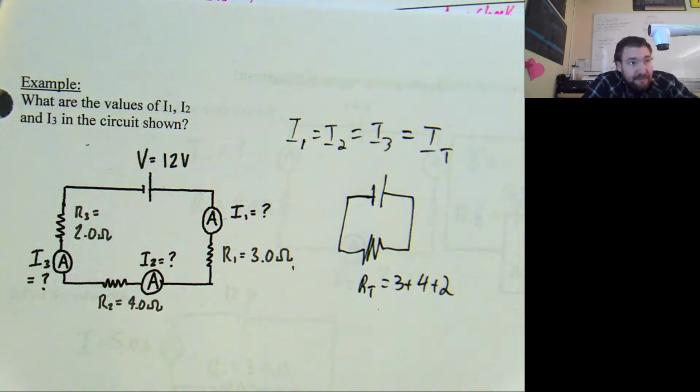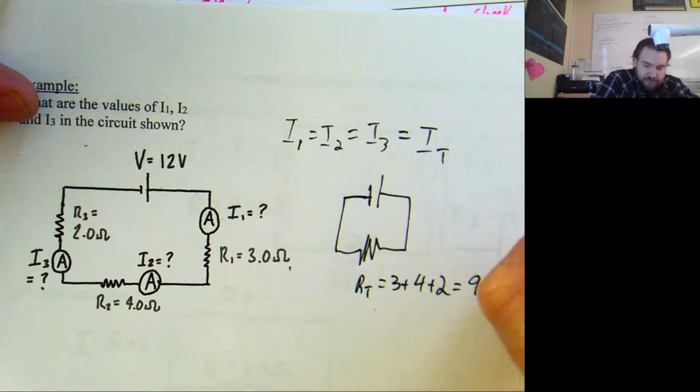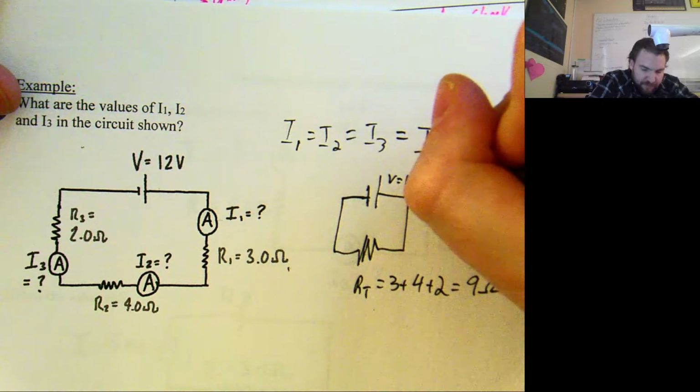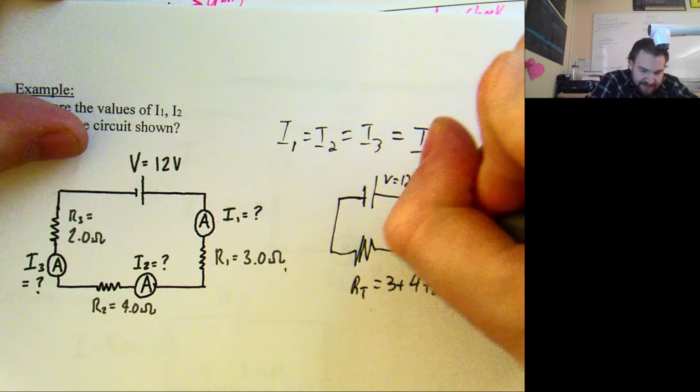Electrically, it's exactly the same thing. I can pop out those 3, replace them with one 9 ohm resistor, and now I've got a 12 volt source. I've got a 9 ohm resistor, and I want to figure out what IT is